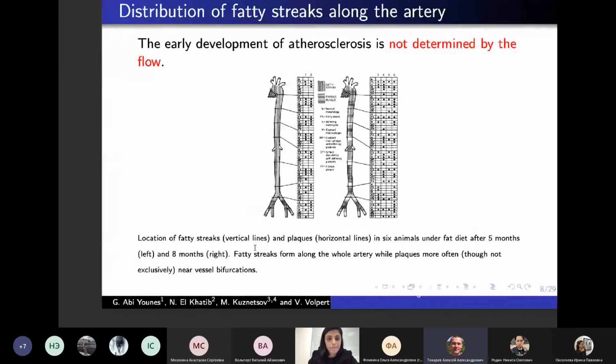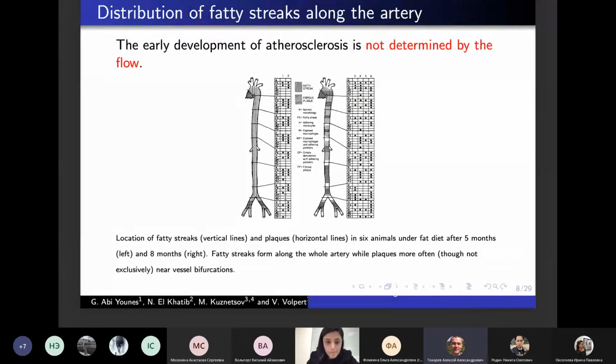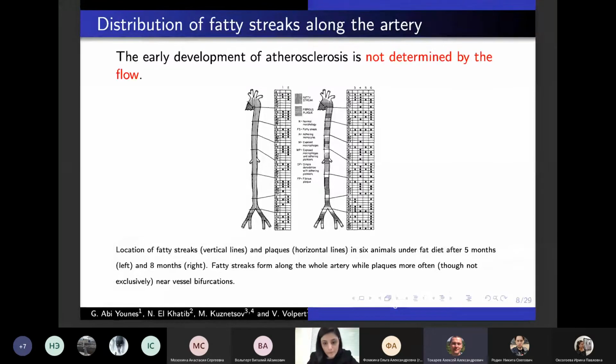Could you please explain, first of all, these are two different examples. My question is, for example, the left figure, is it one example, or is it a combination of many investigations? You mean this one? Yes.